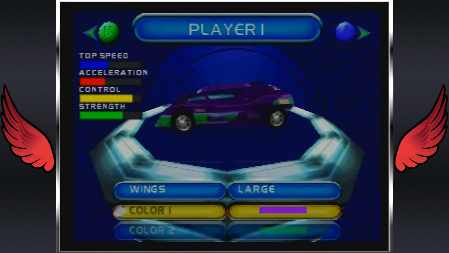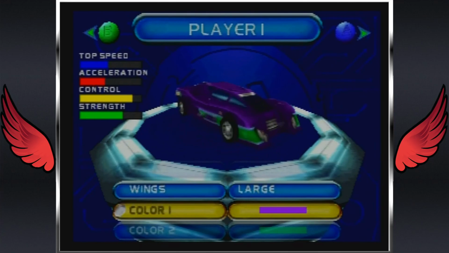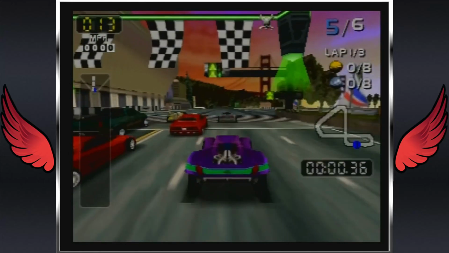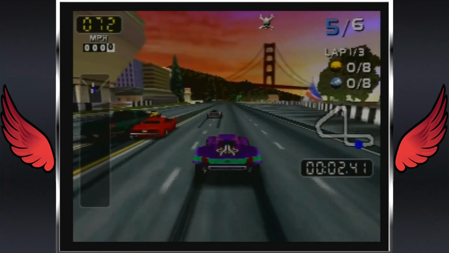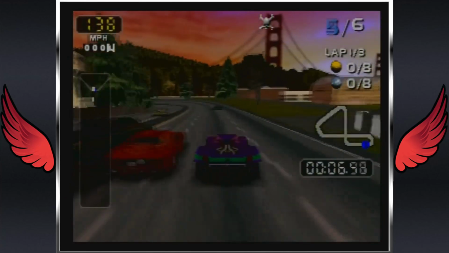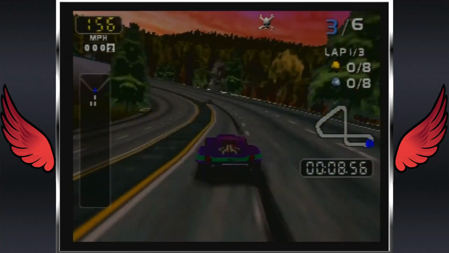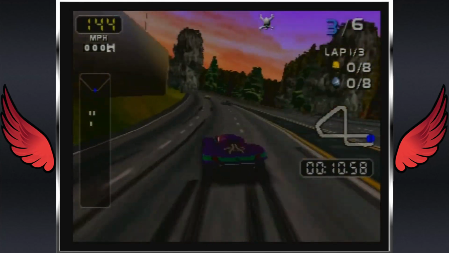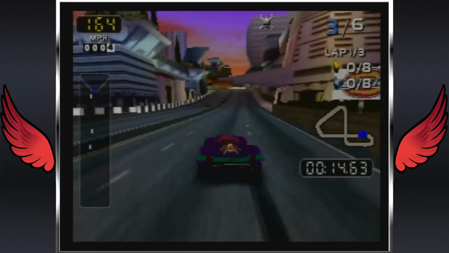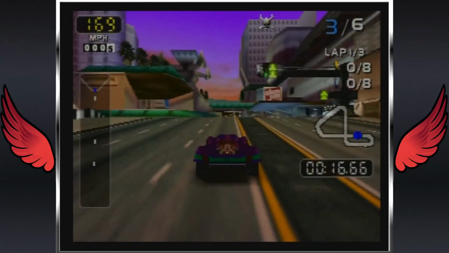Obviously large wings. Color 1. Purple. I wasn't going to select purple, but I guess we're going with purple and green. We're using the EVA Unit 1 car, I guess. Alright. Let's see what this is all about. It feels a lot more responsive than the other Rush games. I can say that. It still feels like there's a drift mechanic I'm not really picking up on, but...